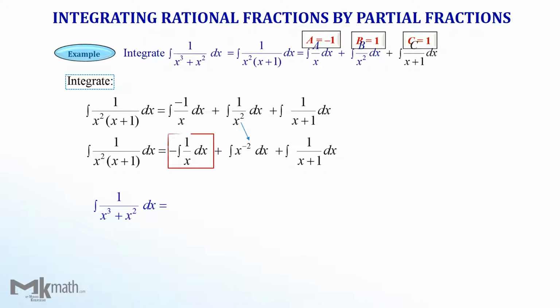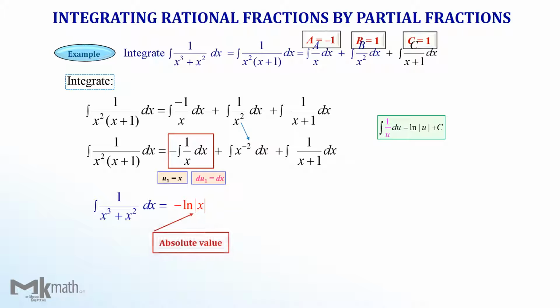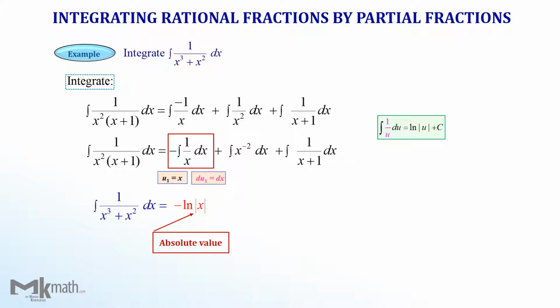For the first integral, we need to use the natural log formula with u equals x and du equals dx. No adjustment necessary here, so we can get the negative natural log of x. Place the absolute value symbol around x, since log can take only positive values. For the second integral,